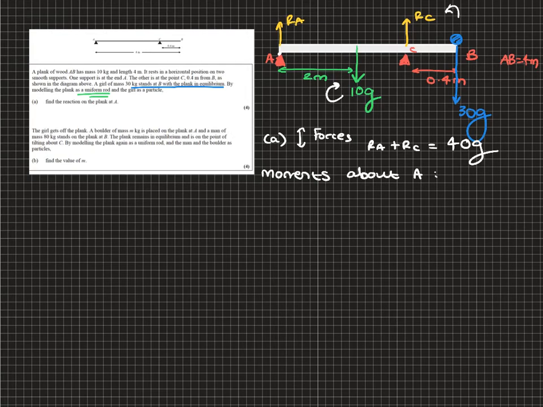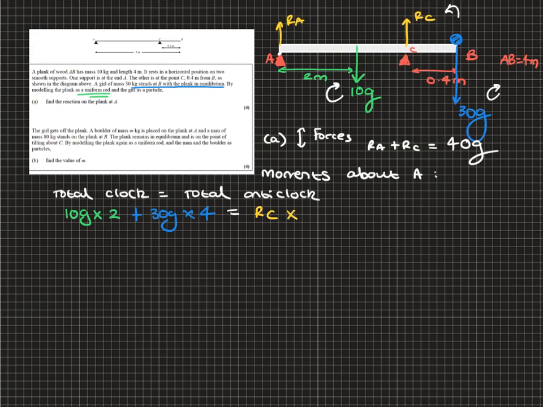RC will be anti-clockwise, and 30G will also be clockwise. So remember, our total clockwise moments equal our total anti-clockwise moments. So let's work this out. So about A, we have 10G multiplied by 2 plus 30G multiplied by 4, and this is equal to, from an anti-clockwise direction, RC multiplied by,